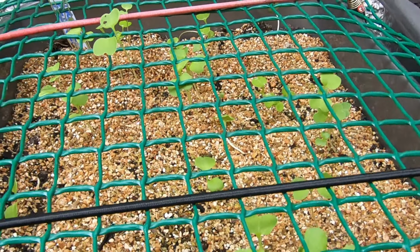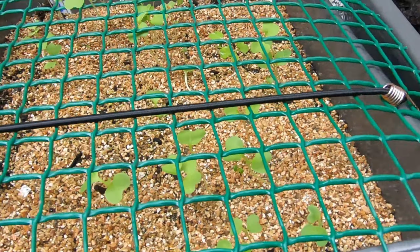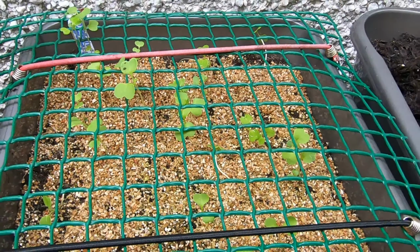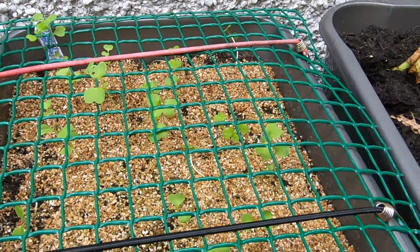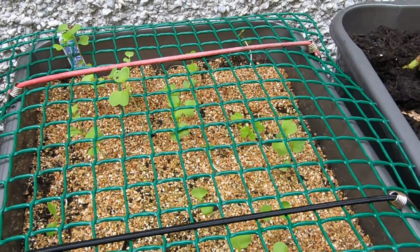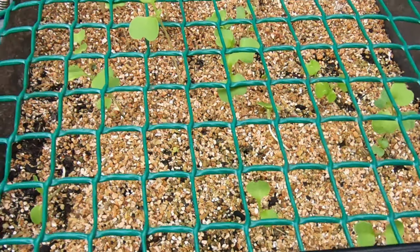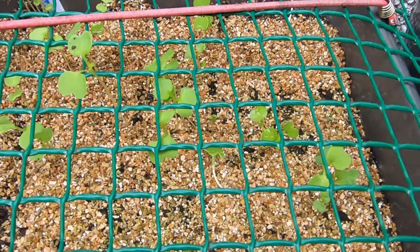I've got some turnip in this basin now. This is just to stop the squirrels getting in and digging them up while they're so young. I don't know whether I'll probably leave them in here. It's not that deep. Do we think that's deep enough to grow some turnip? If they're little ones, hopefully it will be. We'll see. So I'll maybe thin it out a little bit more and see if I can get a few